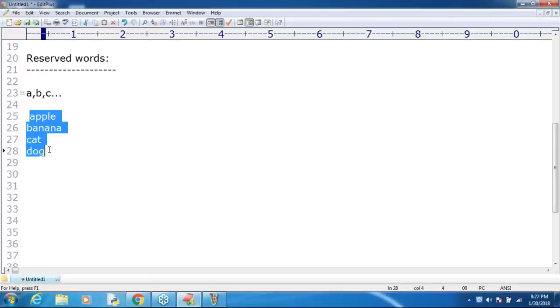In English, this word apple is reserved to represent some kind of fruit. Banana is also one type. Cat, this word is reserved to represent one type of animal. In English, how many reserved words are there?